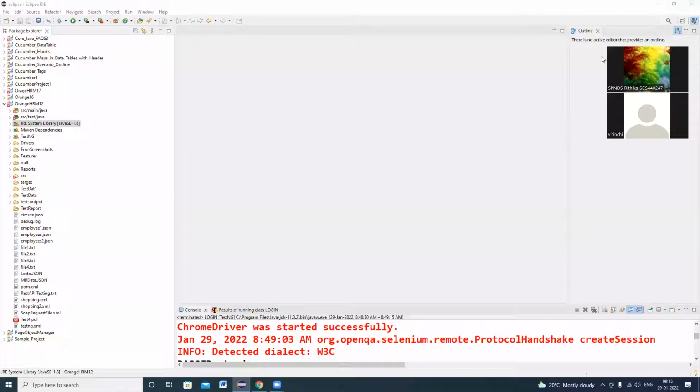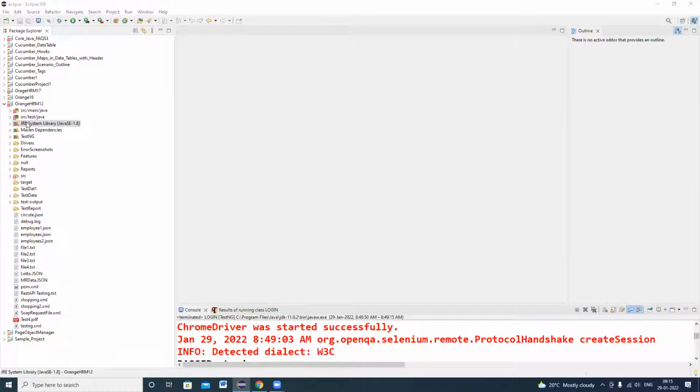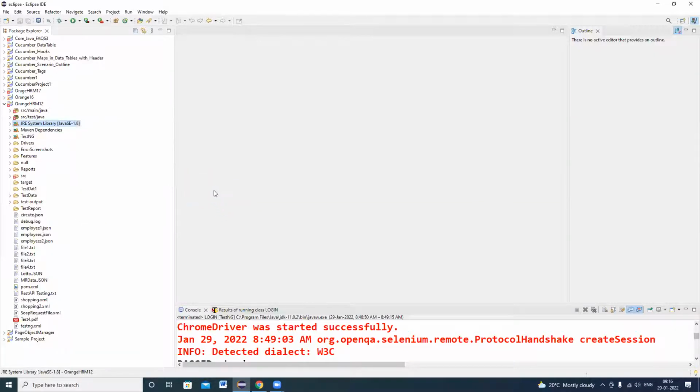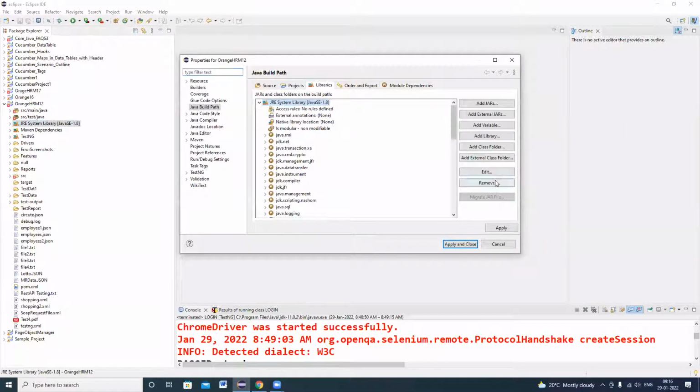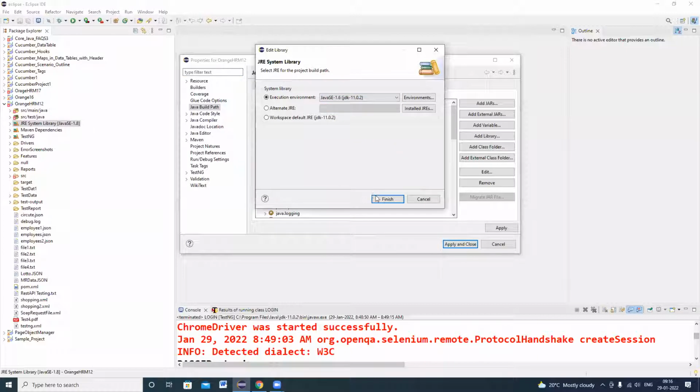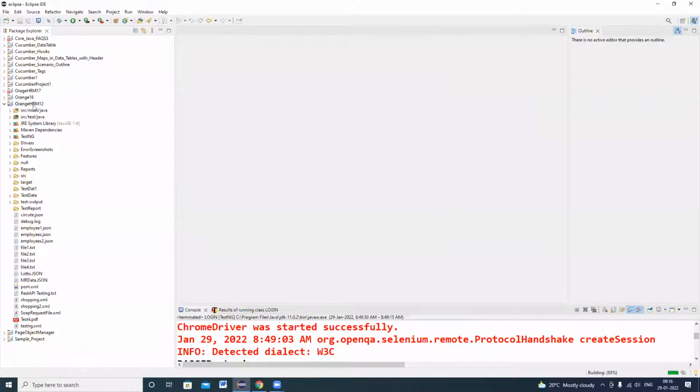So here, once you have imported your Maven project, the JRE version is 1.8. In case it got selected as 1.6 or 1.7 or similar, by default sometimes it will be selected as 1.6. By default the JRE system library will be pointed to 1.5 or 1.6 or 1.7. So make sure your JRE system library is pointed to the 1.8 version.